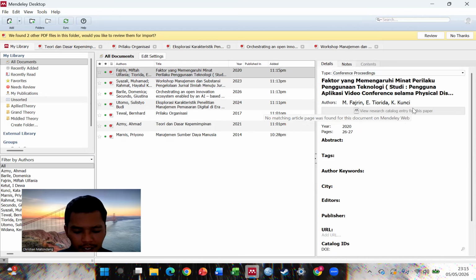For our proceeding, make sure these elements are filled in. Title and author: just like with journals, ensure the title and author's name are accurate. Proceeding title: this is important. Don't put a journal name here.